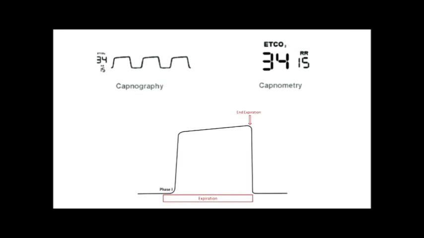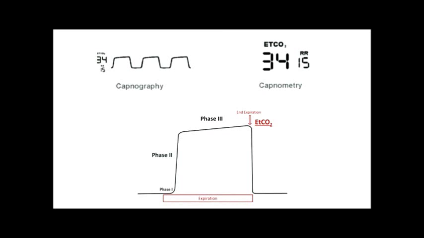Phase one actually starts right at the beginning part of expiration, where you still have no CO2 measured. What's happening is that you're having emptying of your anatomic dead space where there's no CO2 exchange. And then you have a rapid rise in CO2 as you start to get air from your lung parenchyma that then begins to plateau at the level of the alveolus to a maximum number, which we call our end-tidal CO2,